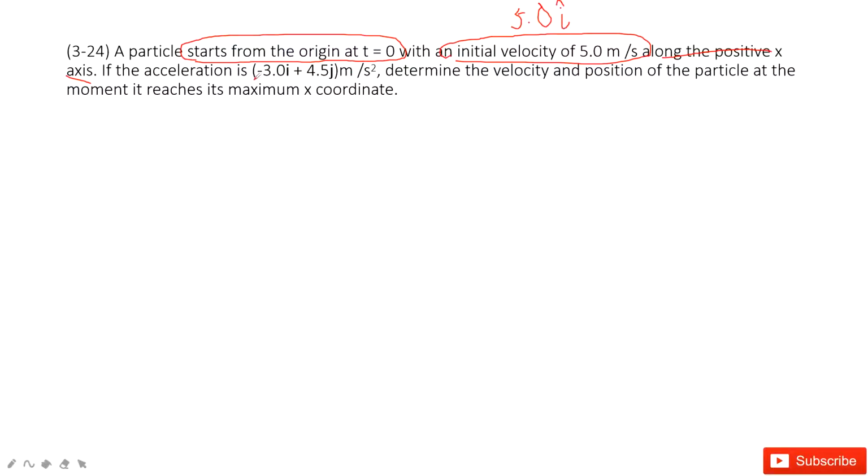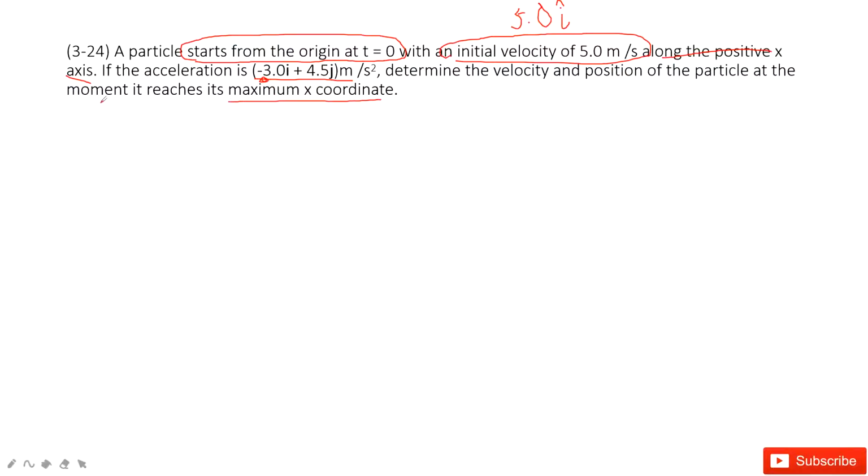And then we get the acceleration, still a vector in two components, i component and j component. Here we need to pay a little bit of attention to this i component. There is a negative sign. See? The negative sign tells us this acceleration makes the x component slow down, and stop, and then accelerate backward. Agree? And then determine the velocity and the position of the particle at the moment it reaches the maximum